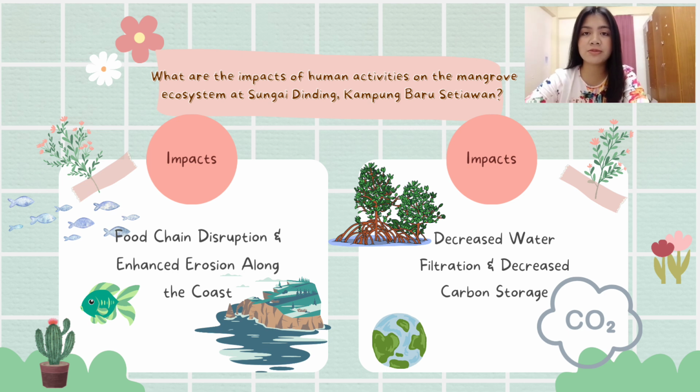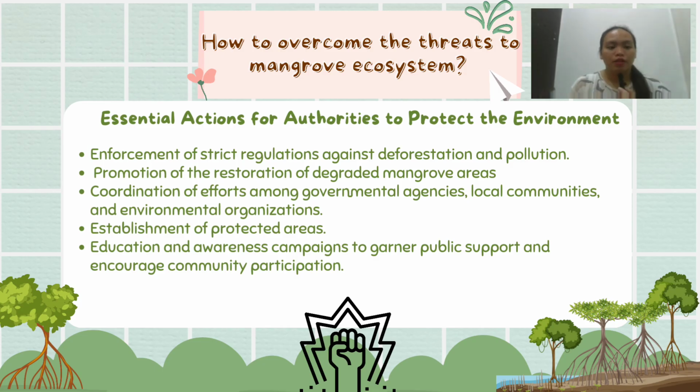Climate change is increased by the removal of trees, which release the carbon that has been stored into the atmosphere. One effective solution to overcoming the threats to the mangrove ecosystem is the implementation of concerted actions by the authorities. These plans should integrate sustainable development practices, enforce strict regulations against deforestation and pollution, and promote the restoration of degraded mangrove areas. These include establishing protected areas, monitoring biodiversity, and providing alternative livelihoods for communities that depend on the